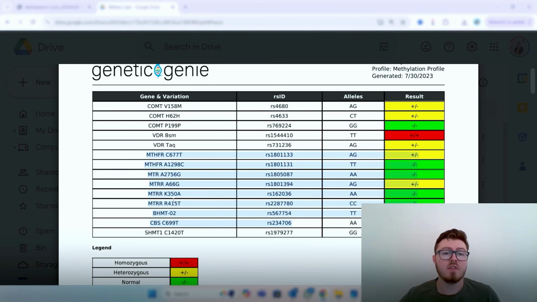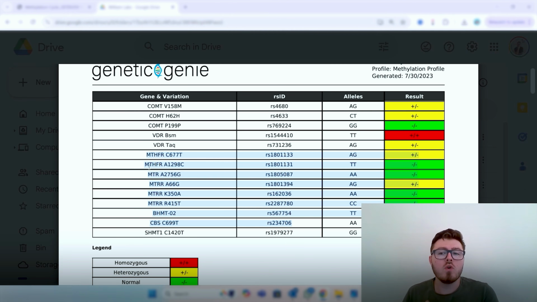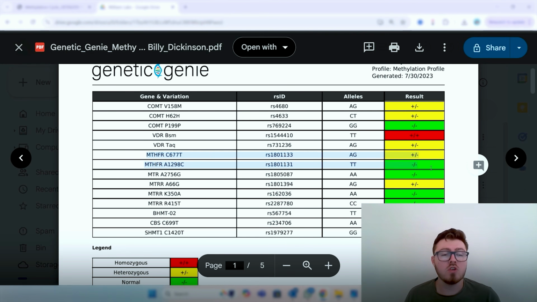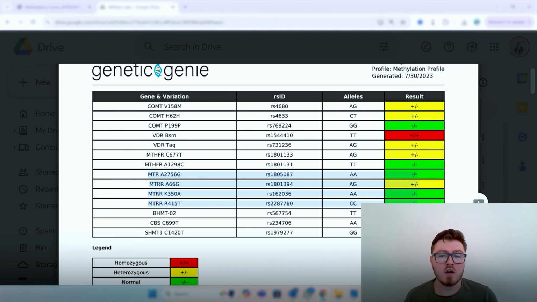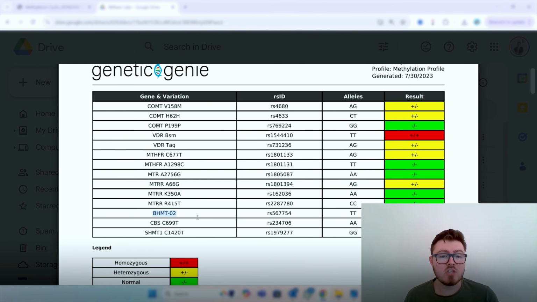If you do have the overmethylation genes like COMT and MAO, and you do have some of the undermethylation genes, then you should support with methyl nutrients for the ones that you specifically have. If you have any of the MTHFR genes, you might want to consider methylfolate. If you have any of the MTR or MTRR genes, you might want to consider methyl B12. And if you have BHMT, you might want to consider trimethylglycine,